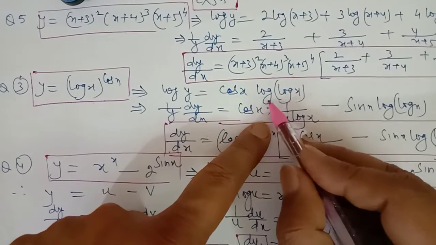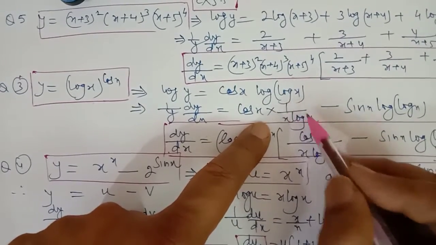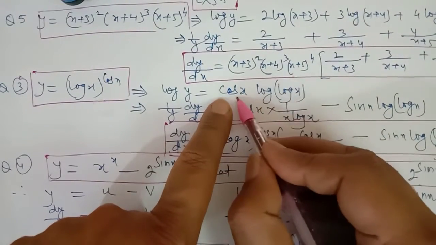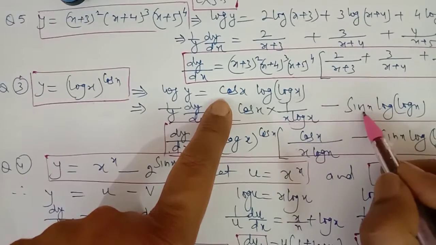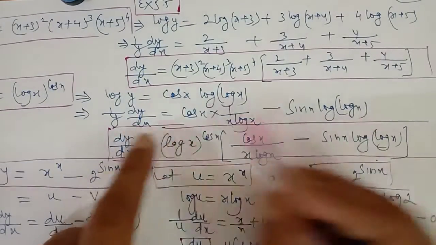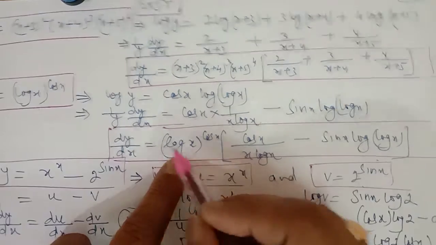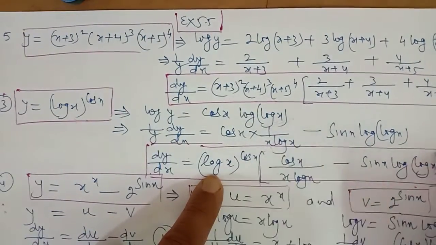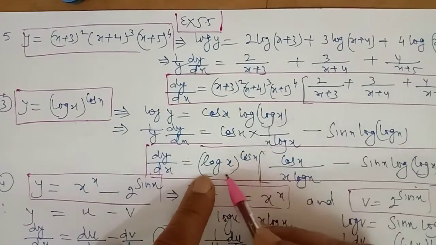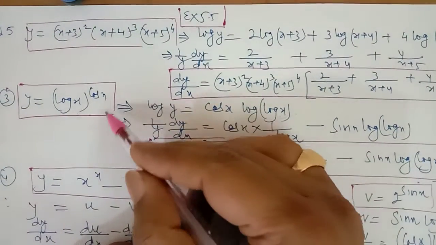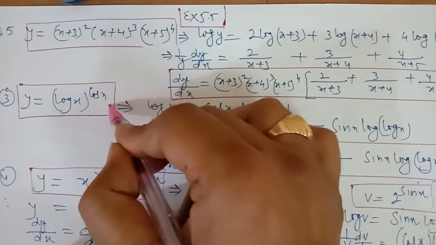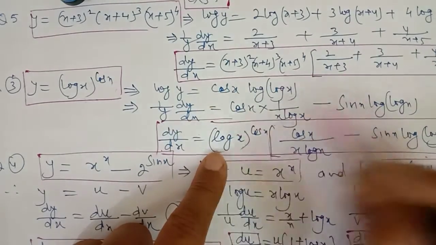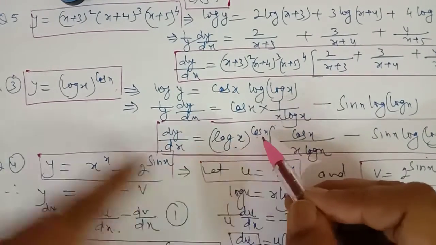So we are using the product rule. Derivative of log x will be equal to derivative of log, 1 upon log x, and derivative of log x, 1 upon x. Plus sign, derivative of cos x will be minus sin x, so it will be minus sin x. So this is the derivative of this expression. y gets multiplied by this. So the value of y is log x raised to power cos x, multiplied by this expression. So this is the derivative by taking the log, and you cannot do this question without taking the log. And to replace the value of y here, when it gets multiplied to the right hand side, you have to put the value of y.